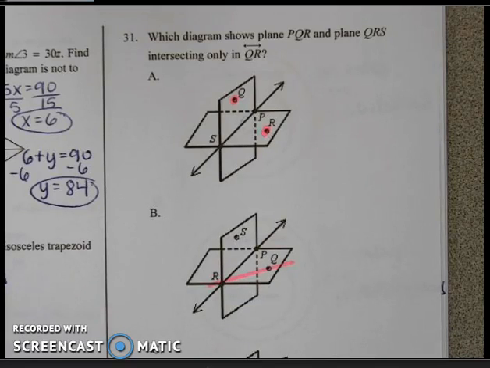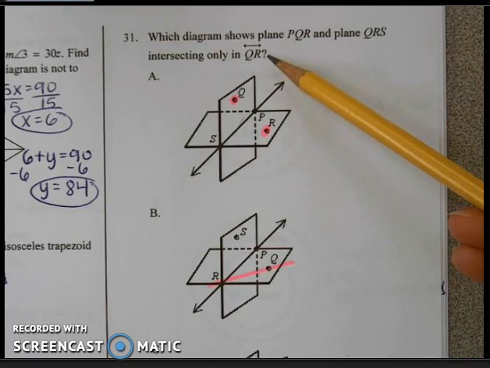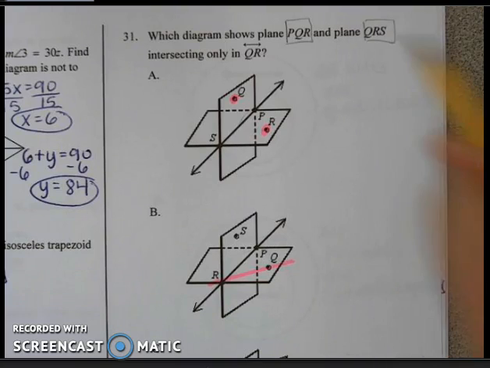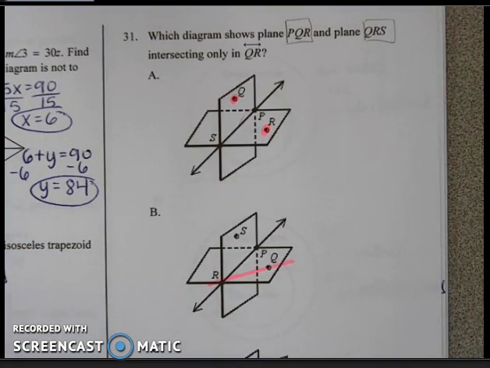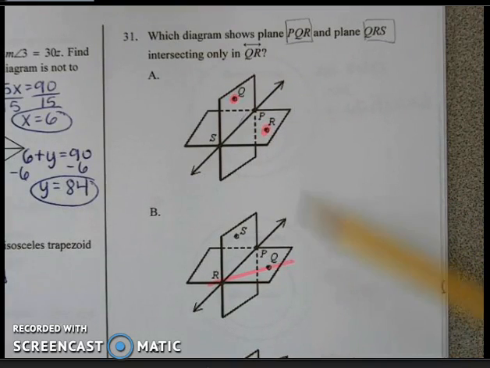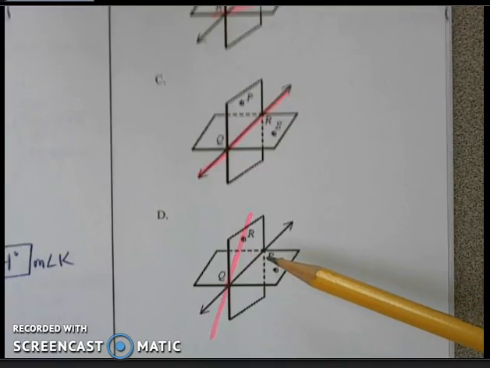Okay, number 31. Which diagram shows plane PQR and plane QRS intersecting only in line QR? So let's remember that a plane is a flat surface that will contain all three of those points, and they can't be on the same line. So we can luckily look, and P, Q, and R are not located on the same line in any of our options, so that will not